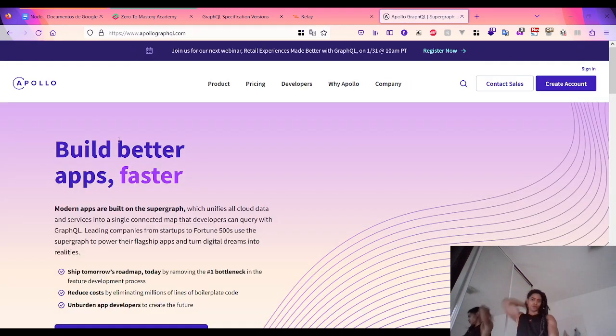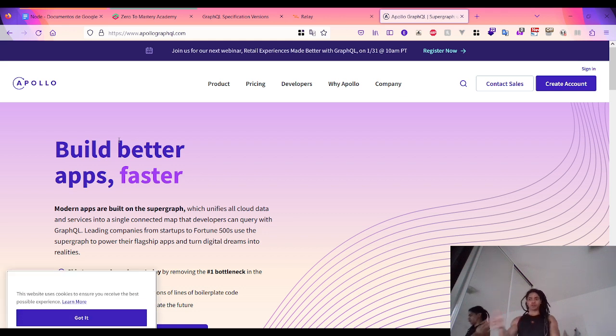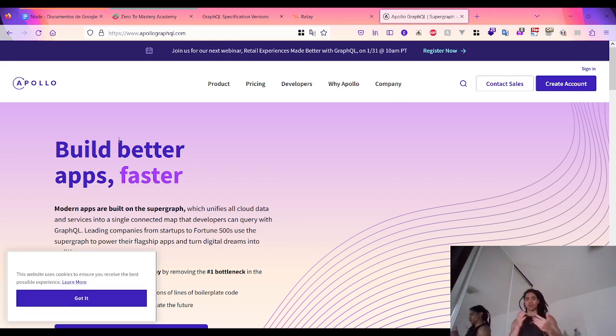So before diving into this, I look first at the main advantages and disadvantages of using